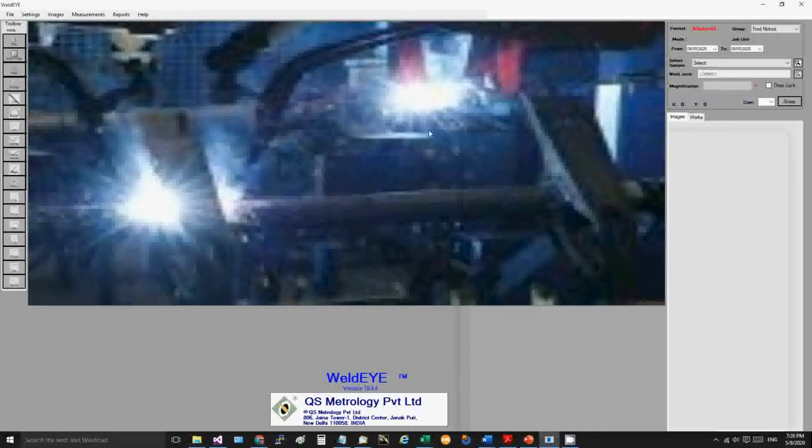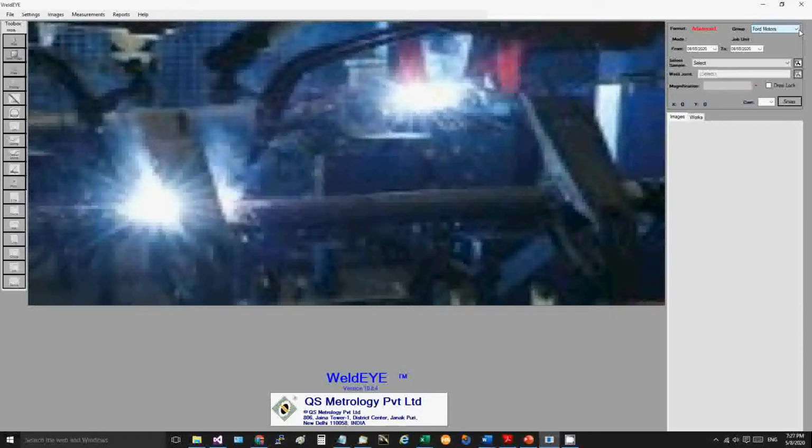So I hope you have understood the advantage of having a group. You can have any number of groups and you can set the reporting format that you want for that group. In addition to that, you can set your parameters, your rules, your joints, your component templates, everything specific for that group. And they'll be totally isolated. It won't get mixed up.